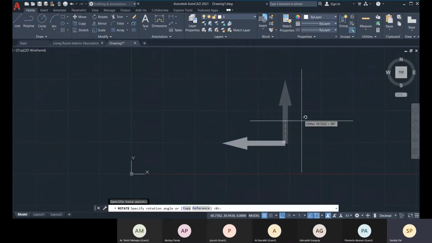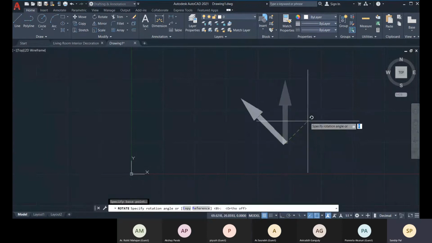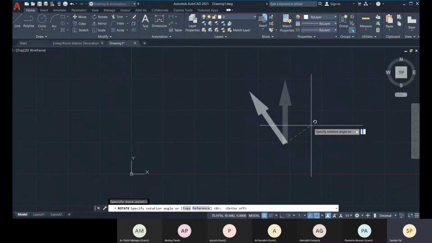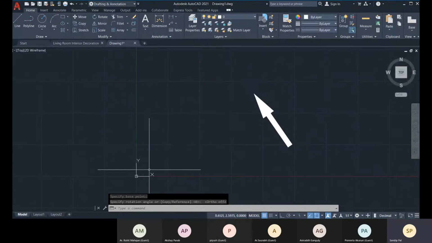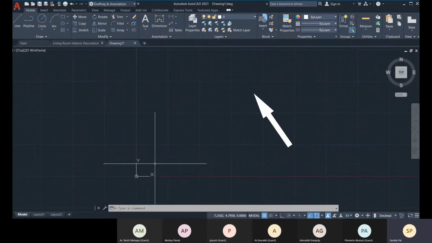And with Rotate, I'm going to rotate it. So suppose this direction is the north. After creating our project, we can rotate it afterwards, or else we can align with that. We can align our UCS and work along that direction.